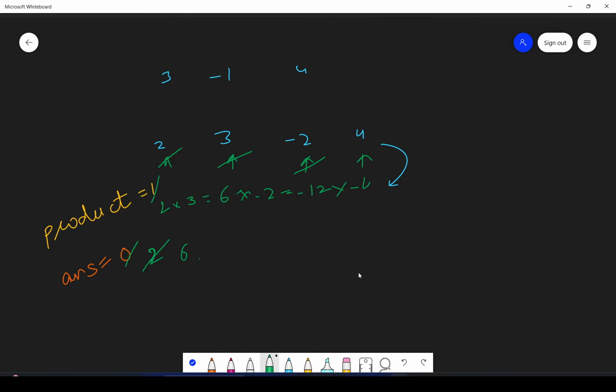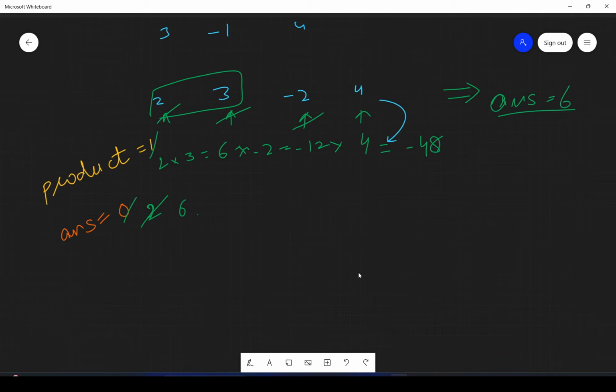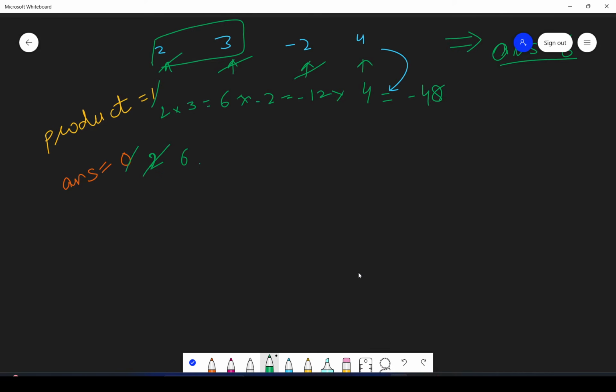Minus 12 into 4 becomes minus 48, which is not greater than 6, so we will not update it. So our output for this case is 6, which is the maximum product. Let's see the same approach in the other test case, which is 3, minus 1.